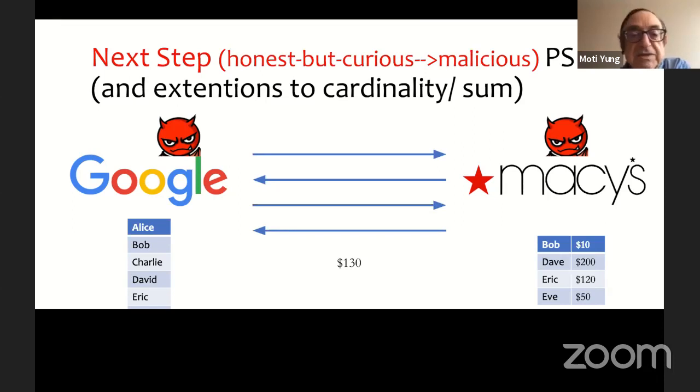And it's of course much better to have a malicious PSI with extension to cardinality sum, and essentially have a library of solutions of possible adaptations that give different solutions under the assumptions that the parties do not trust each other.